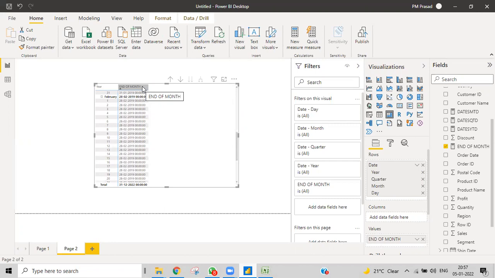If you want to find that, we'll give that particular date and then find the difference between that date and the end of month date. Then obviously we'll get the difference in days. That kind of thing we'll go for. Later on we'll understand where these kinds of things will be used, but you need to practice this so that when you have a requirement, you'll understand where you can implement it.